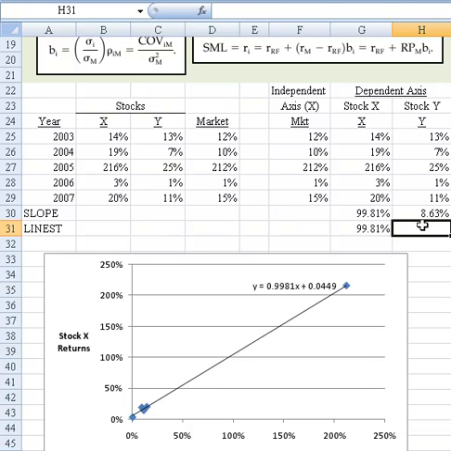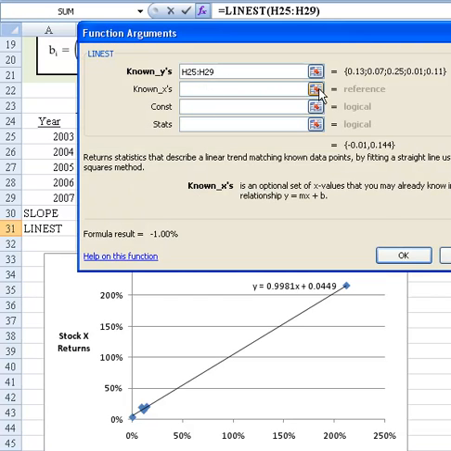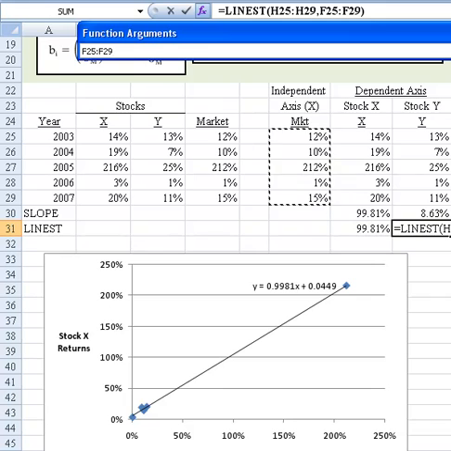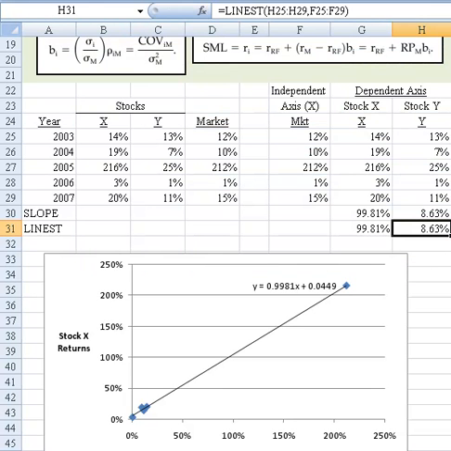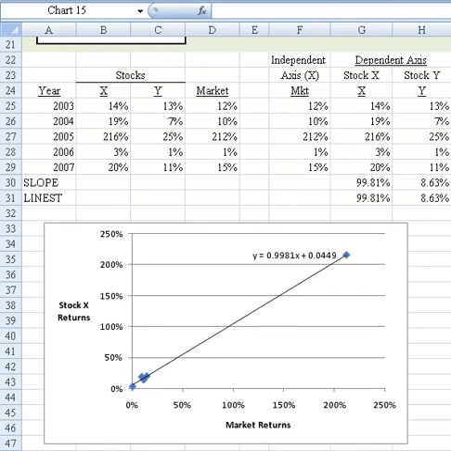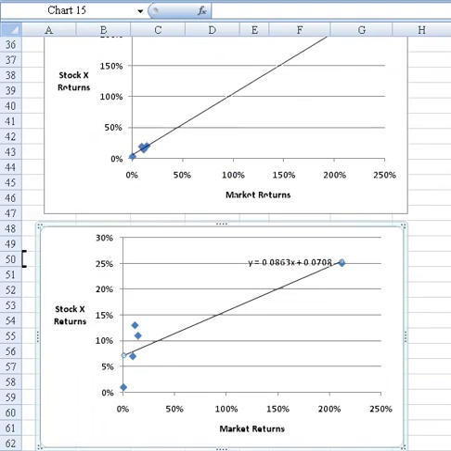And now let me do a line estimate. Known y's, call it up. Right there. Known x's, right there. And I come up with the same answer as well. Okay, now I want to slide down and I'll show you that I also came up with 8.63 using the